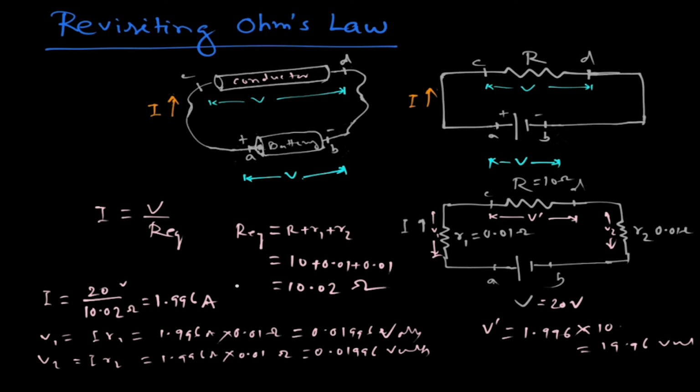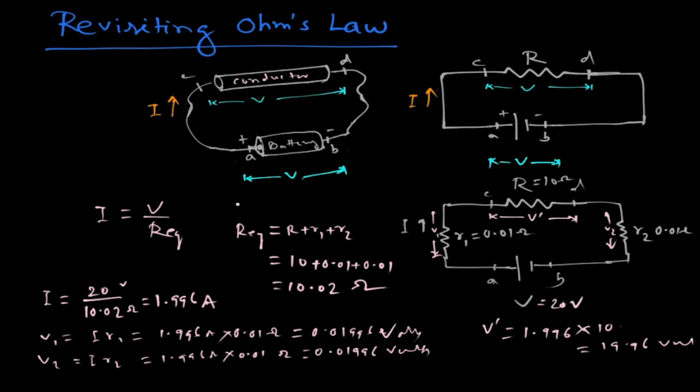That is what we have solved in previous problems. You can refer to those problems. I recommend you to see those problems. You can see that these voltages V1 and V2 are very low, that is 0.01996 volts. V1 is 0.01996 volt and V2 is also the same voltage. But V dash is equal to 19.96 volt. That means you can see that this 19.96 is very close to 20 volt. So this voltage is never the same as this voltage, but this is an approximation, that is almost equal to 20